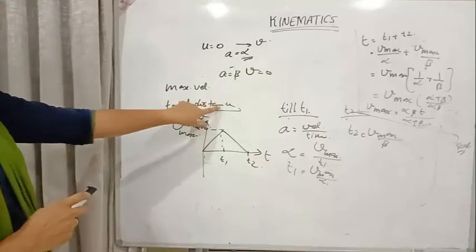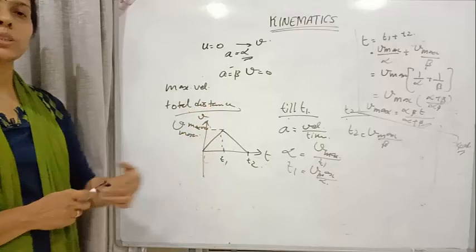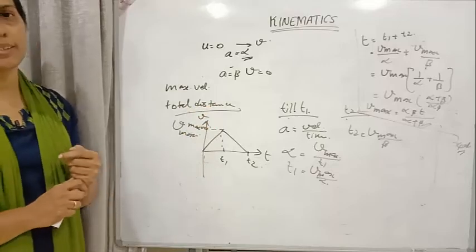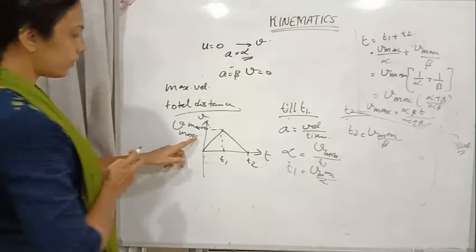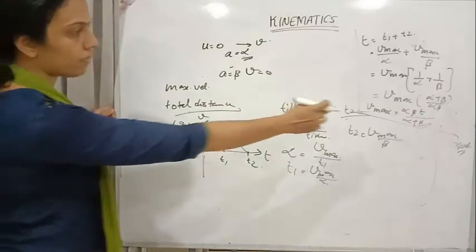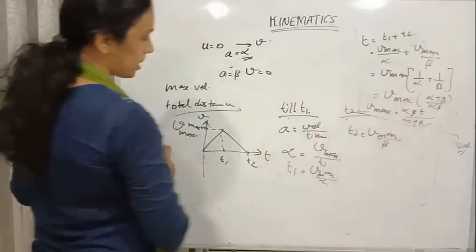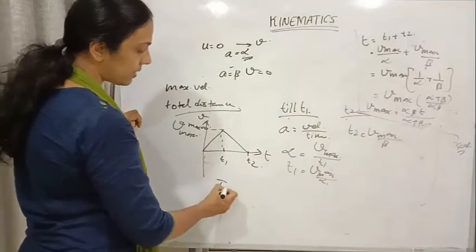Next we need to find out the total distance covered. From the velocity time graph, how can we find the total distance? The area under the graph will give you the total distance. So here we got the maximum velocity as alpha beta t divided by alpha plus beta. So here the total distance covered